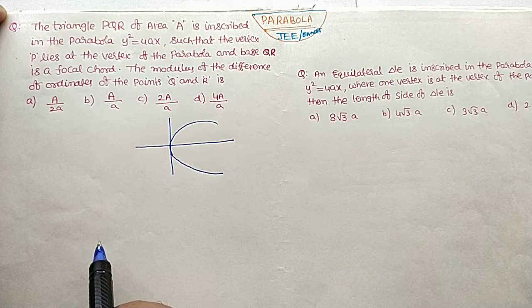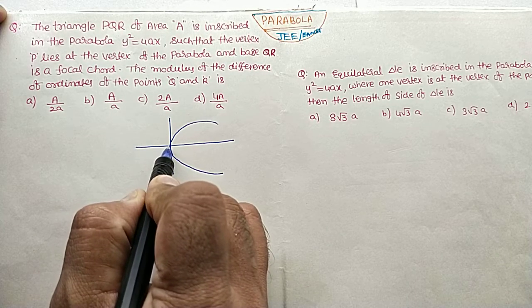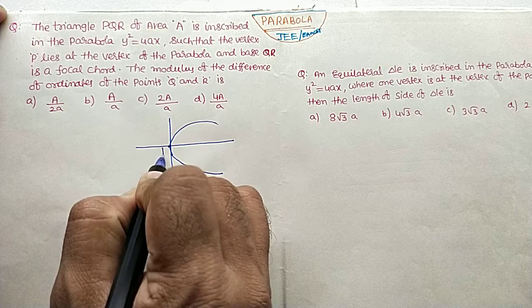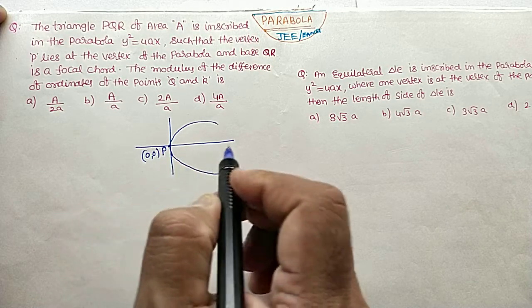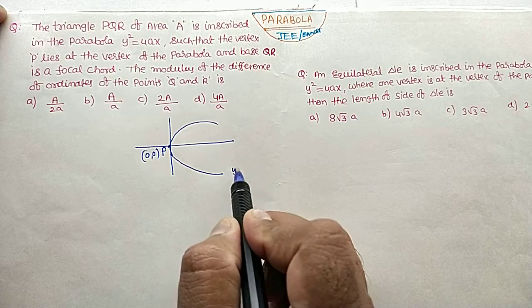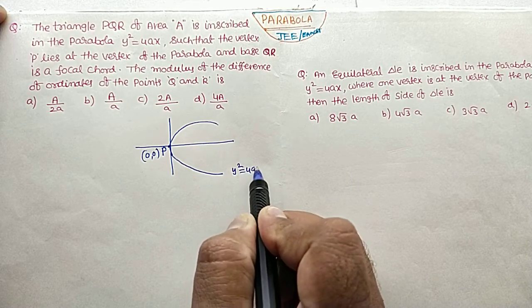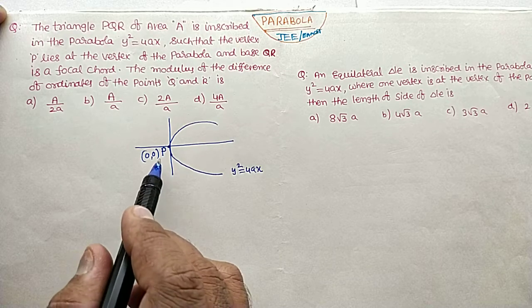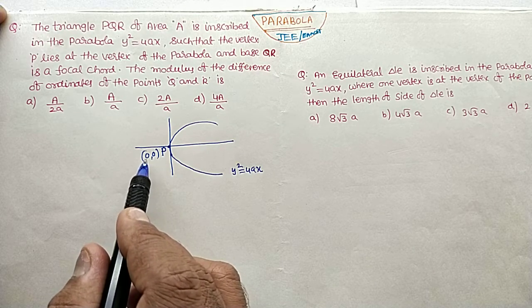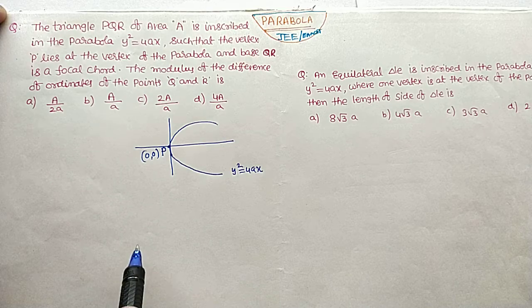Such that the vertex P lies at the vertex. This is the vertex, no? So, P is lying at the vertex. What are the coordinates of the vertex of the parabola y square equal to 4x? For y square equal to 4x, the vertex is 0, 0. So, the coordinates of vertex P are 0, 0. After that,